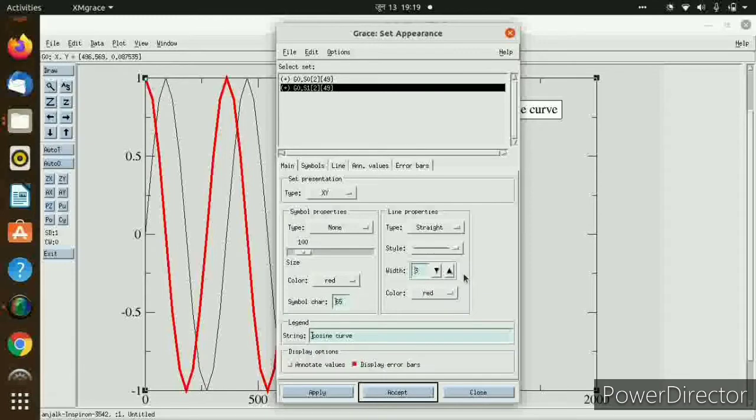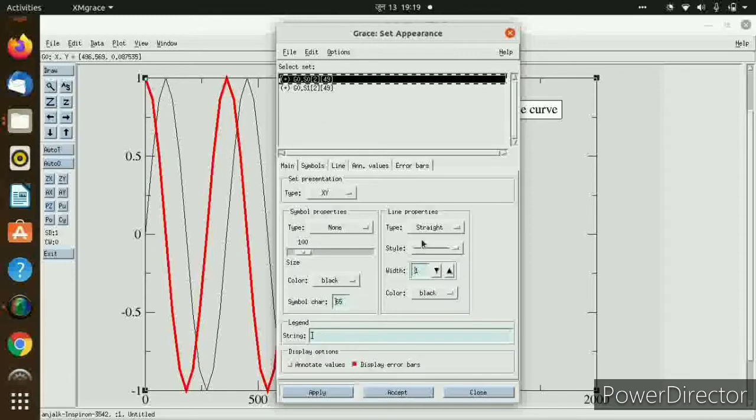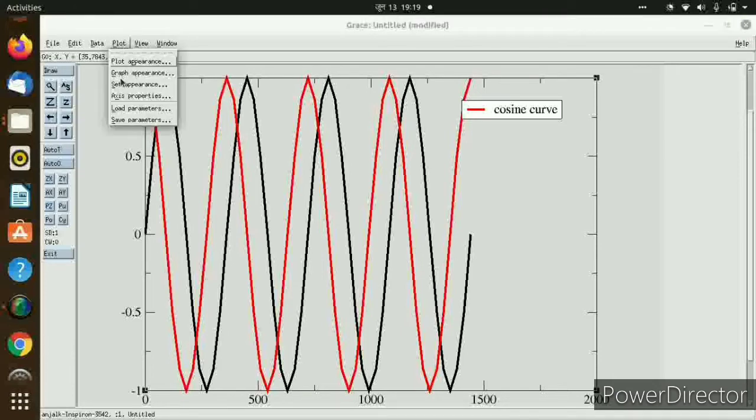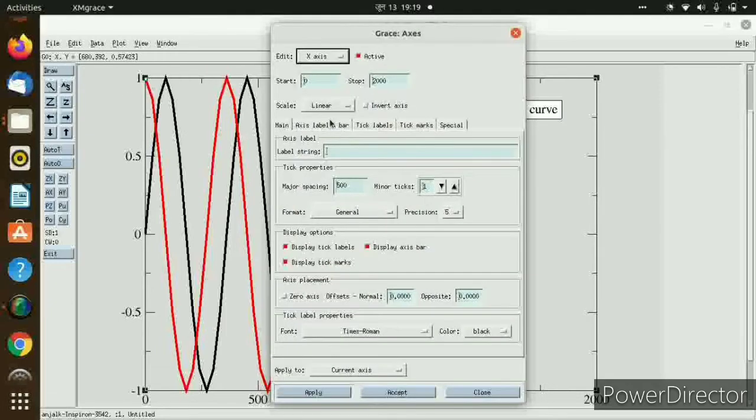Similarly, for sine, we are changing the width, and after accepting it, the width gets changed, and we can see the change displayed in the graph. Now what we can do is, in the axis properties, we can change the start and end bars from 0 to, suppose, say 1440 degrees, and in the major spacing